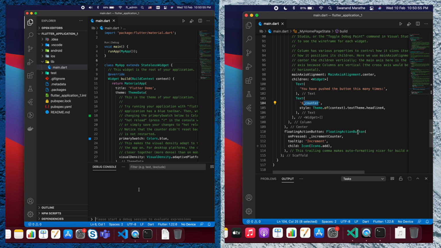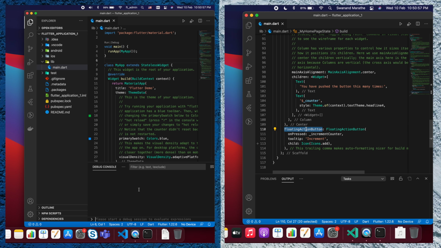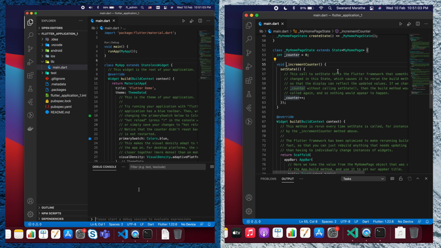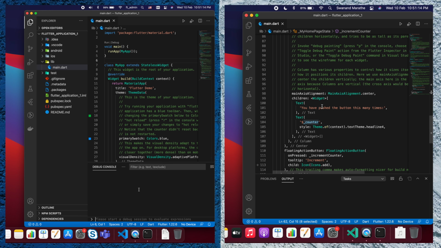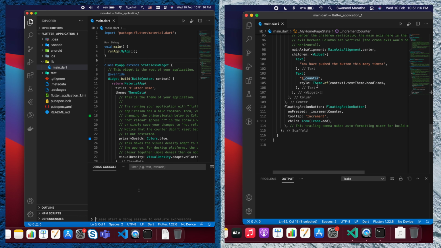Below that we have added a floating action button, and on clicking it we are calling the increment counter. At first we initialize the counter with 0, and in the increment counter we are just increasing its value by 1. So as soon as we press the button, it will update the counter text here.